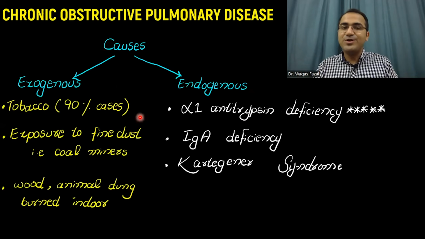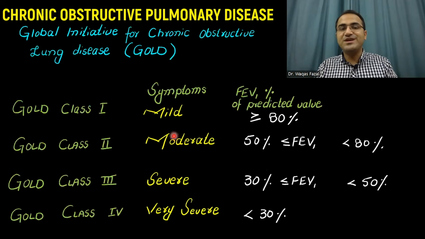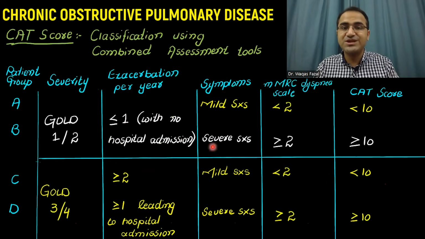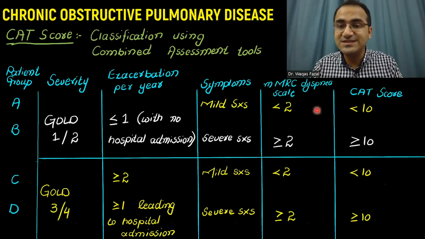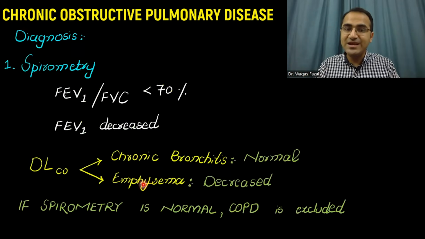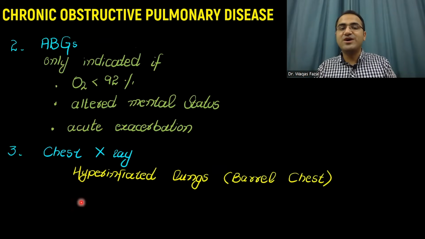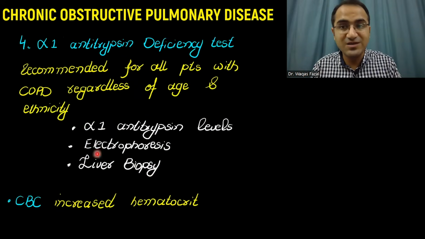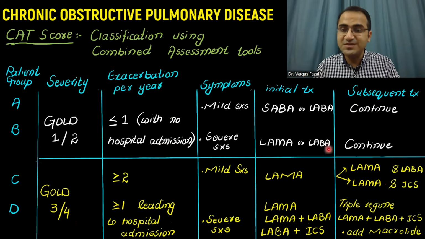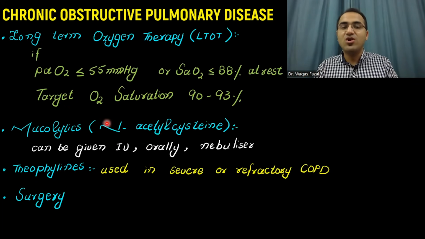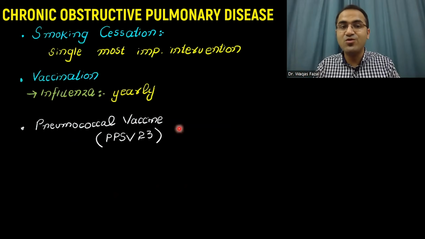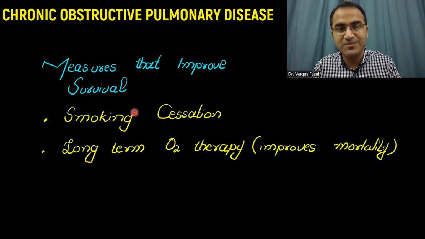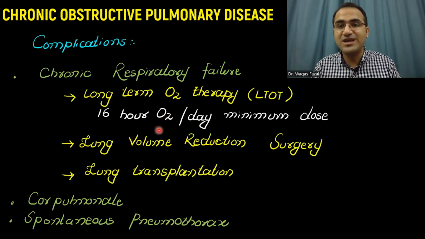In summary, we talked about the causes of COPD, we talked about the GOLD classification, the symptoms according to the dyspnea scale and the CAT score, the clinical features, the diagnosis with spirometry and the chest X-ray findings, alpha-1 antitrypsin deficiency, the treatment according to this classification, long-term oxygen therapy, theophylline, mucolytics, smoking cessation, vaccination, and measures that improve mortality,